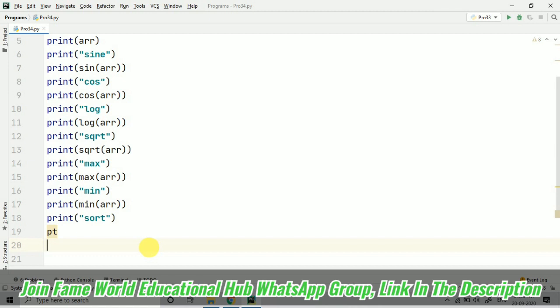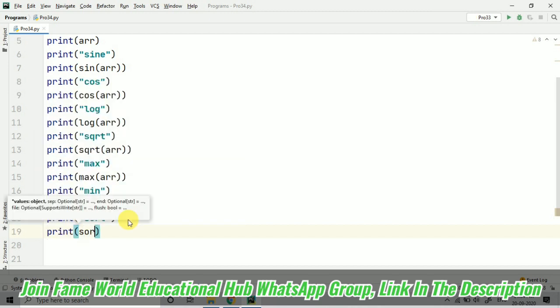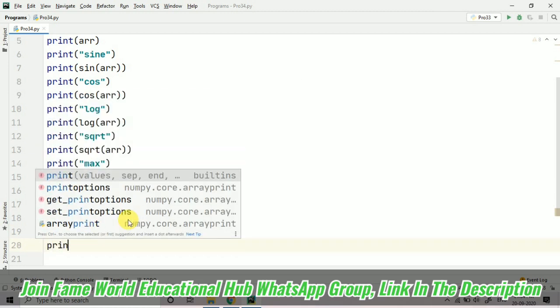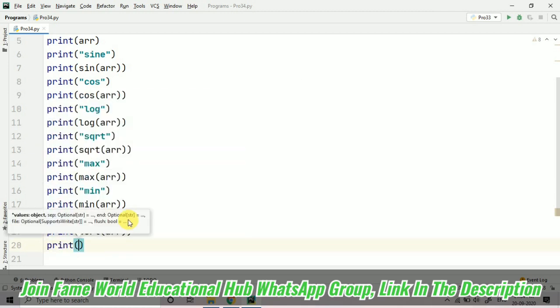So here I am just writing sort, I want to sort ARR, and then suppose you want the sum of all the elements, so you can say sum of array elements.